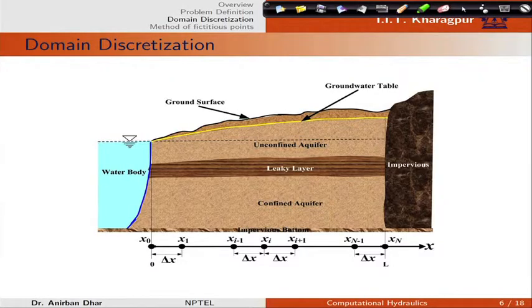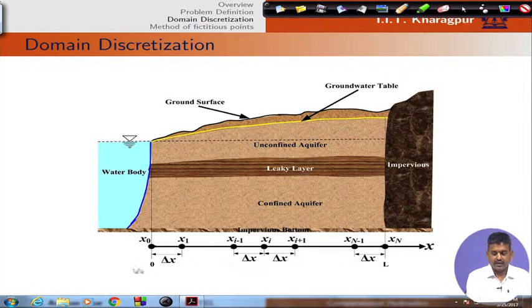So, we need to discretize the domain. We have some information, and with that information we have conceptualized the problem in terms of differential equation. Now, we need to discretize our physical domain with a number of grids. Let us say we are concerned about only the x direction, that is why we are considering x naught to xn as grid points, and these are equally spaced and the spacing size is delta x.